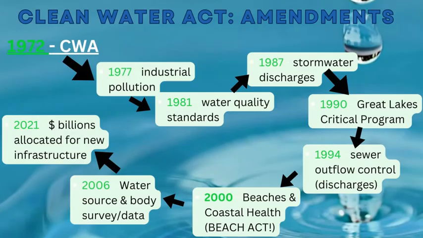Then in 2021, the last one currently, Congress and the federal government allocated billions of dollars to producing new infrastructure to, again, raise the quality of water, create less pollution issues, and contamination would be reduced, discharges would be analyzed, and allowing for more growth of just a better overall system to control water and allow for better standards of